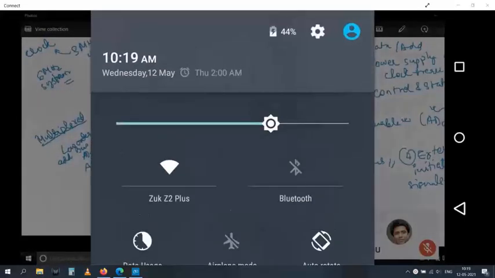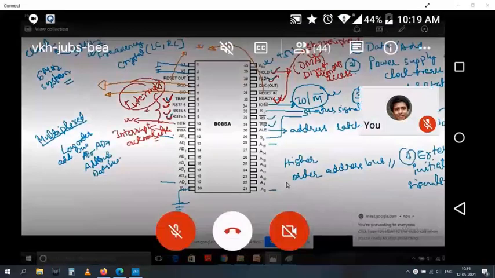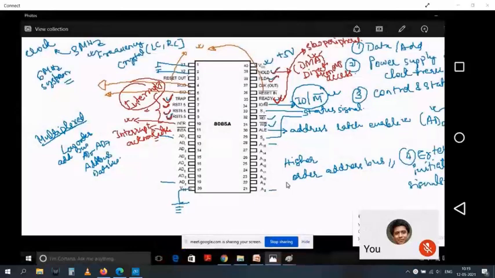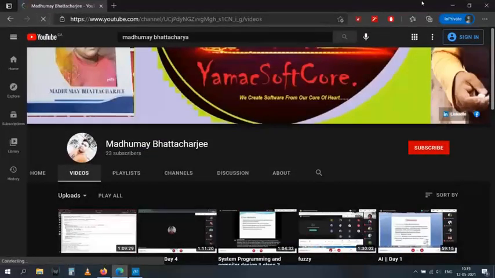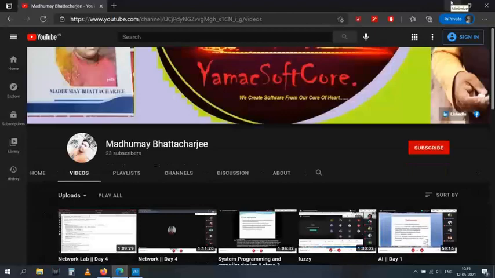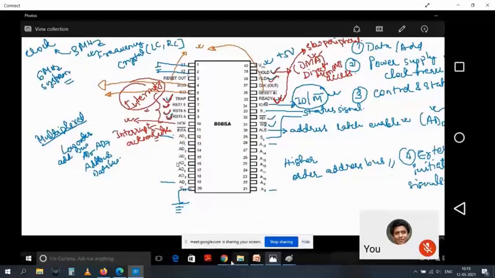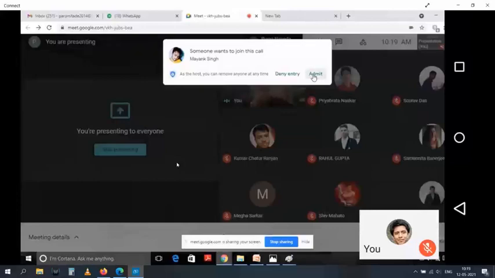We saw the address data bus and the demultiplexed address data buses. We saw the various kinds of control signals, that is read, write, ALE (address latch enable), and whether it is an input output or memory operation. We saw that there are two signals, VCC, where you connect 5 volt, and VSS, which you use for ground. For the clock we need a crystal, and there are two pins, pin 1 and pin 2, that is X1 and X2, where we connect either a